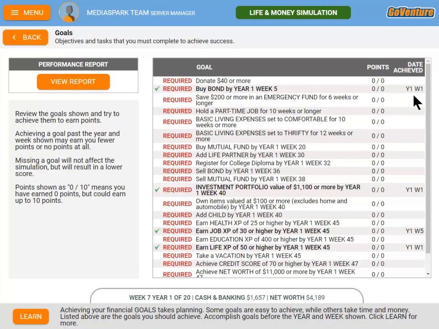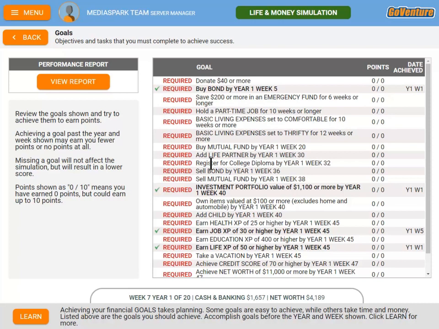If you don't achieve them by the time indicated, a couple of things can happen. One is you may get no points at all. If you miss anything even by a week, you may get no points. Or the points may be slowly reduced. There may be a grace period where, if you're a week or two late achieving a goal, you may still get some of the points, but not all of the points. That depends on how it's set up by the facilitator, instructor, or trainer who set up this particular group. So you'll have to reference their grading rubric to figure out what the grace period, if any, might be on a particular goal.